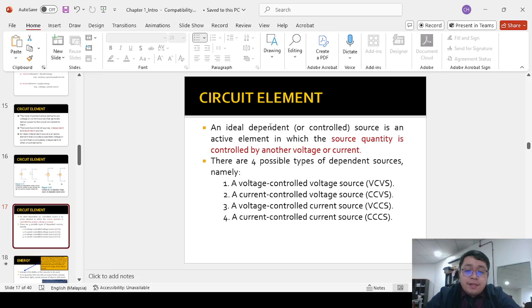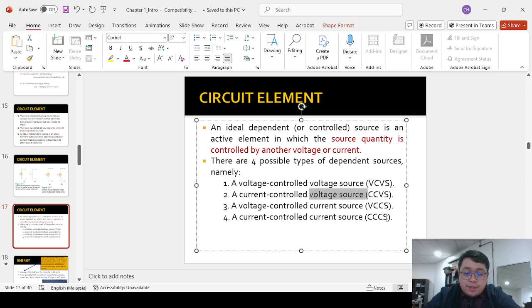An ideal dependent or controlled source is an active element in which the source quantity is controlled by another voltage or current. There are four possible types of dependent sources, namely a voltage-controlled voltage source, a current-controlled voltage source, a voltage-controlled current source, and a current-controlled current source. So the names here can be quite confusing, but essentially